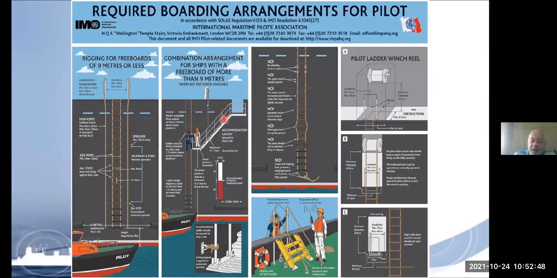It means there will be a ladder like this, and the pilot who is going up should not have a climbing height of more than 9 meters. So you must give one more ladder. Large ships will have this type of combination arrangement for taking in the pilot. See here, this pilot is going up, and this is the ship's officer who is receiving him here, and he will give him a hand, and he will give him courage, and he will say, okay, you have come, welcome to the ship.